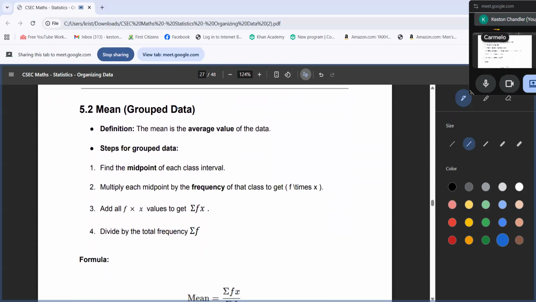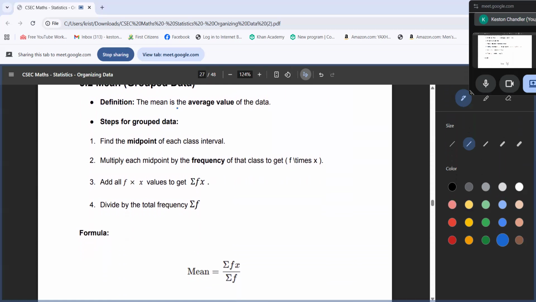Next, we want to look at the mean for group data. Now, we saw the mean previously being the sum of all the data points divided by the number of data points. But we have to take a different approach when we're dealing with group data because we have class intervals. So we have to find the midpoint of each class interval. After finding the midpoint, we multiply that by the frequency to get what we call f times x. We will then add all of our f times x values to get what we call the sum